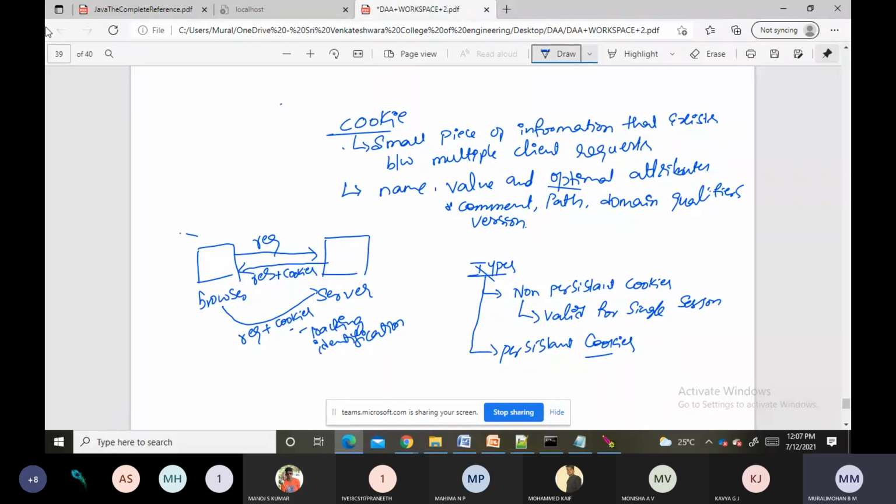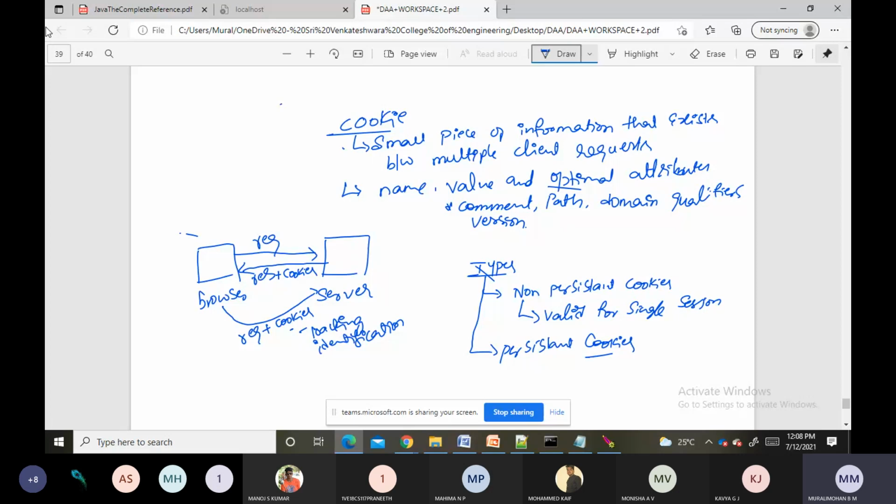With persistent cookies, cookies are not removed when the browser is closed. Then when will these cookies be removed? Whenever a user logs out from the session, only then will the persistent cookies be removed. This is the difference we should understand between non-persistent and persistent cookies.